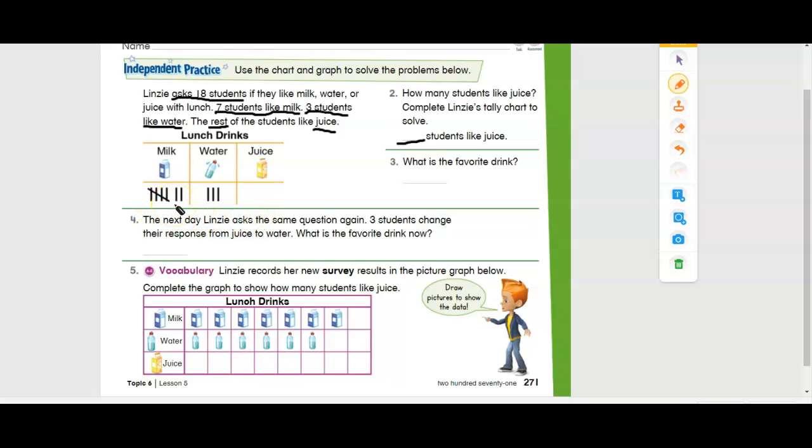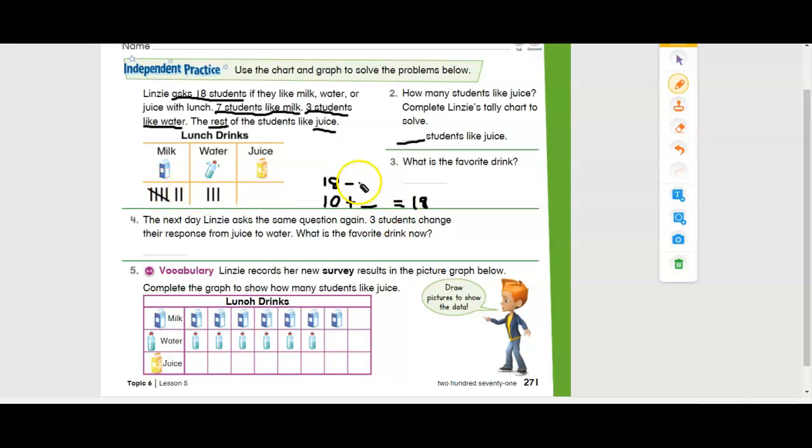Seven students liked milk and 3 students liked water. So that would be 10 students. You could solve this by saying 10 plus what number equals our total of 18? Or you could solve by saying 18, which is our total number,